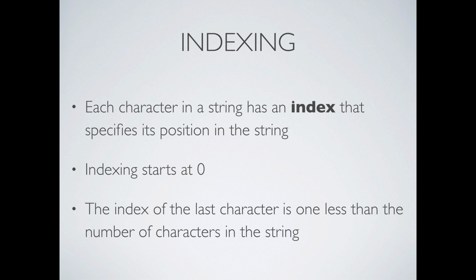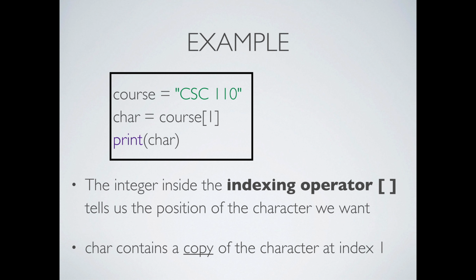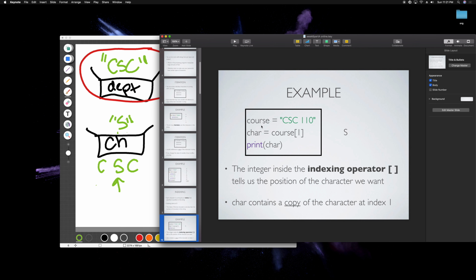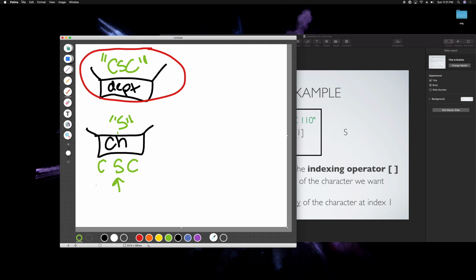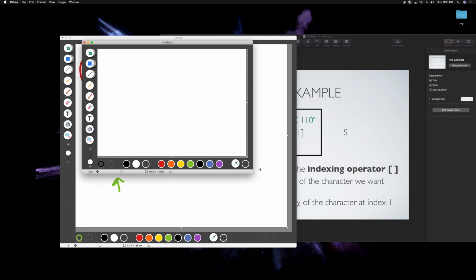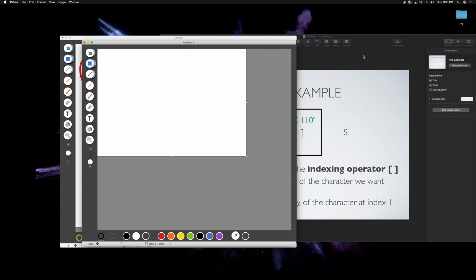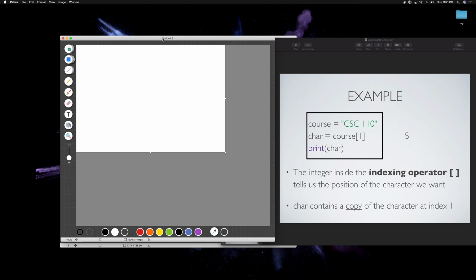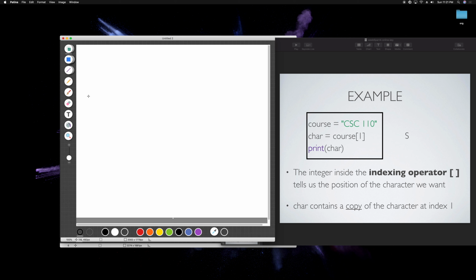So let's do an example here. So course is this string CSC space 110. Now remember, when you're doing anything related to string indices, make sure that if there are spaces in the string that you take note of that, because remember, spaces are characters, so you do have to sort of account for any spaces in the string. Even if they look like they're just sort of blank characters, they still matter. So looking at this course, CSC space 110,